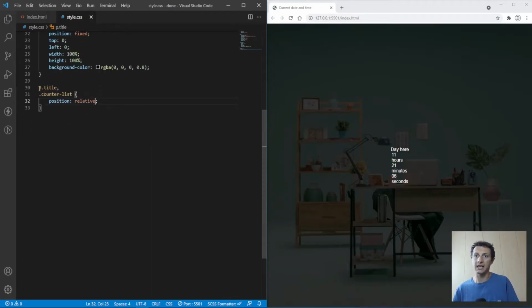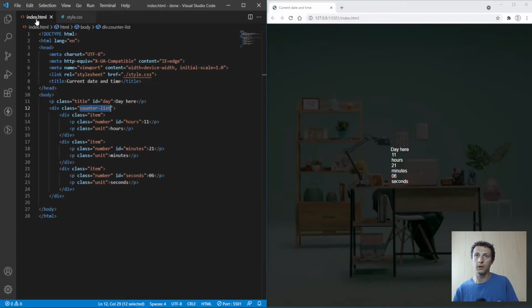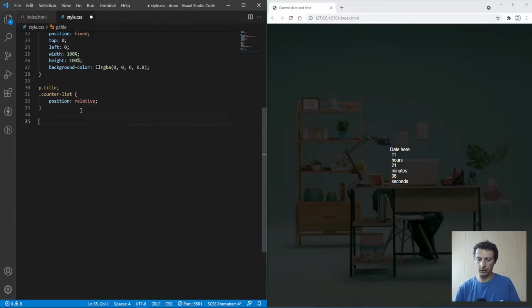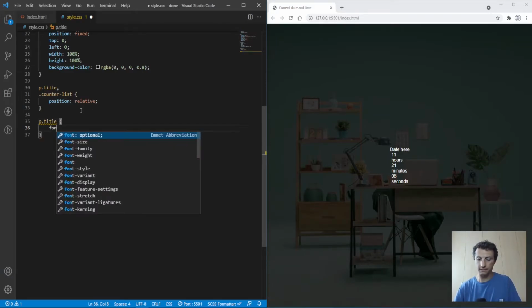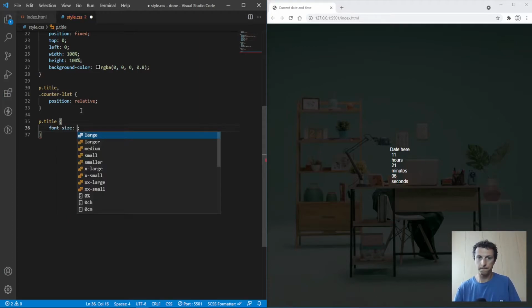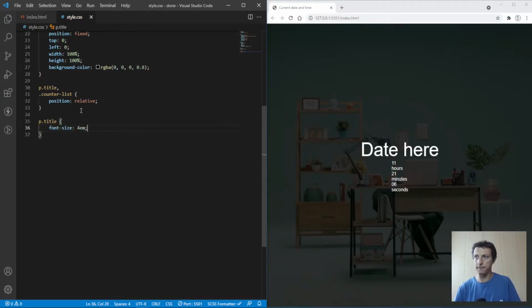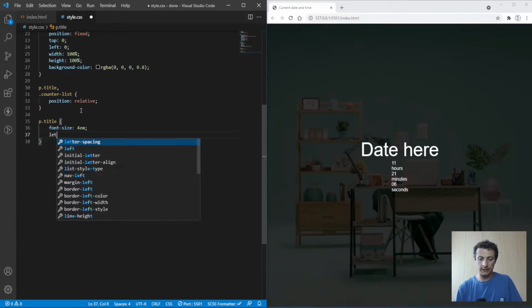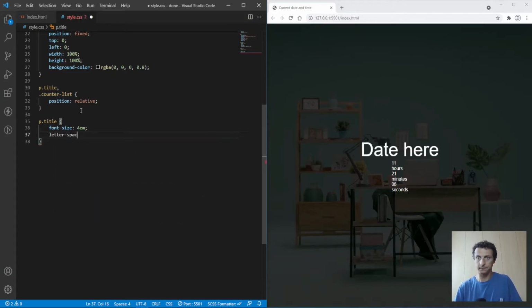So let's start styling our ptitle. I remember you, the ptitle is the place where we are going to insert our date. Let's say date, are they here? Perfect. Ptitle, we're going to set the font size to 4 rem, the letter spacing to 1 pixel,